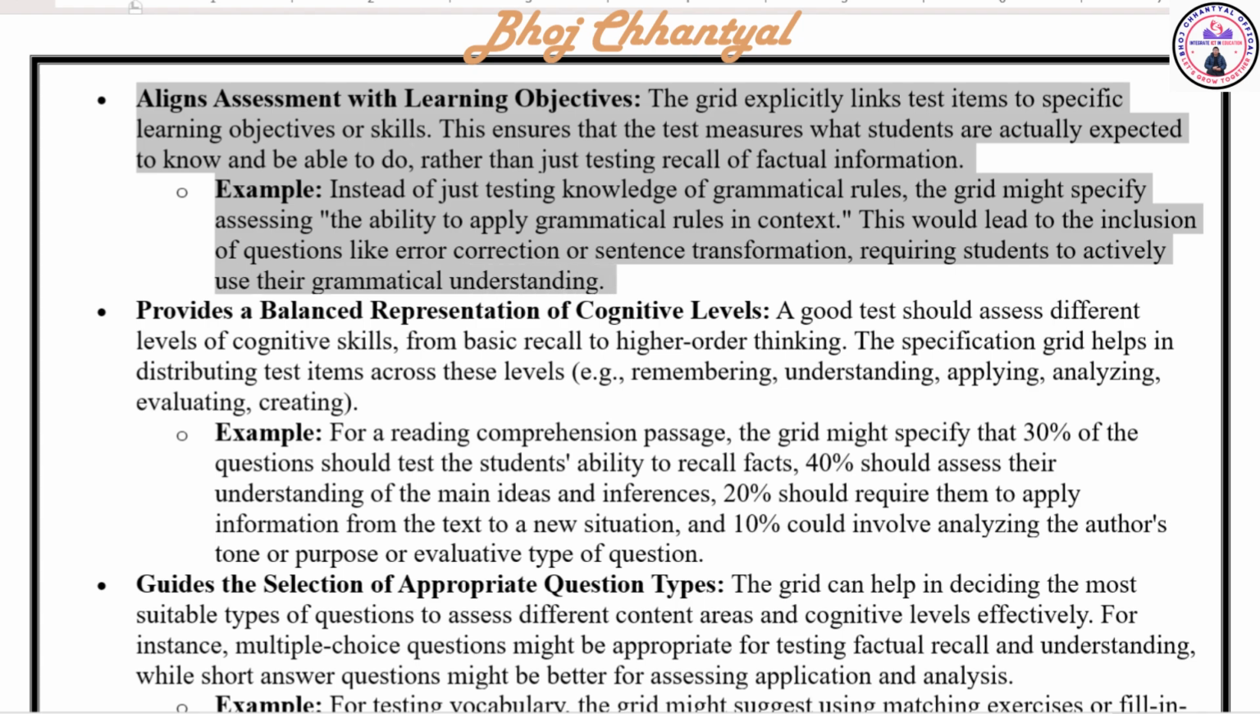This would lead to the inclusion of questions like error correction or sentence transformation, requiring students to actively use their grammatical understanding. Next, it provides a balanced representation of cognitive levels. A good test should assess different levels of cognitive skills, from basic recall to higher order thinking. The specification grid helps in distributing test items across these levels, for example, remembering, understanding, applying, analyzing, evaluating, and